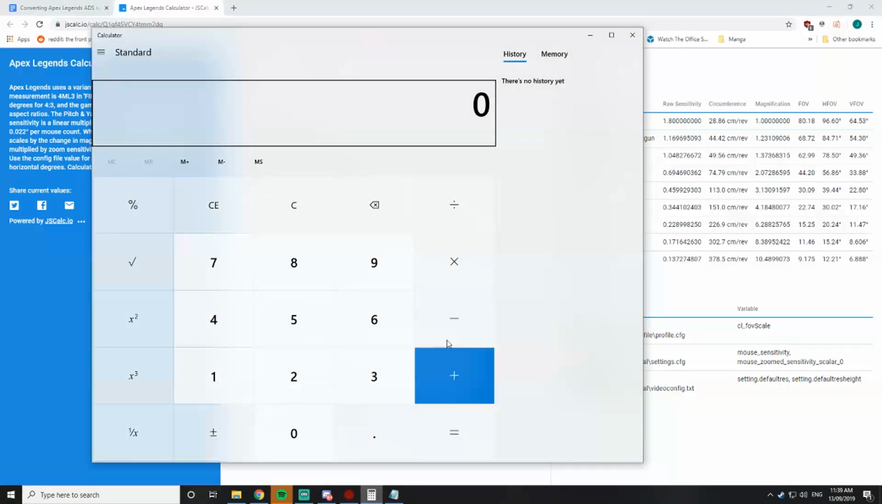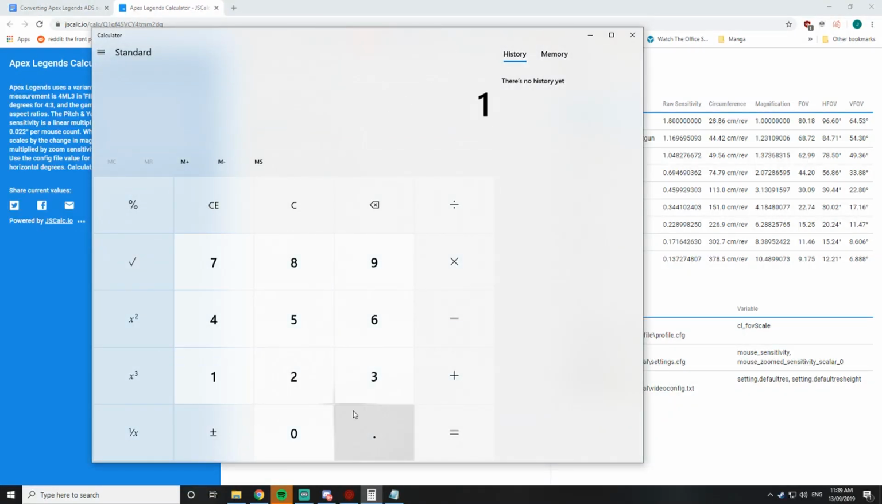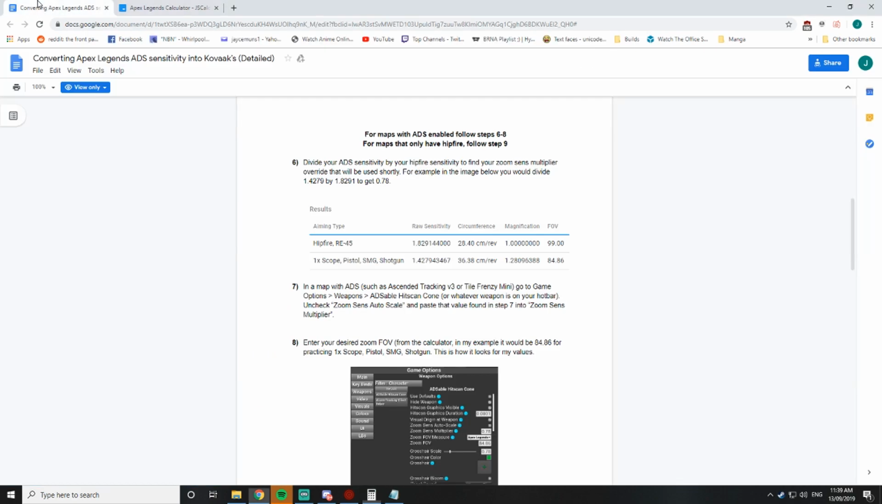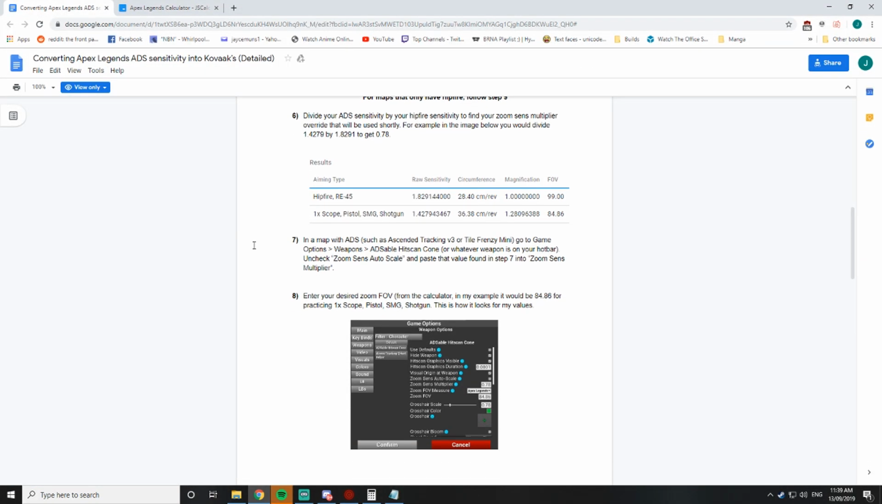So let's open up the calculator real quick. 1.169 divided by 1.8, and we get 0.649. And this is my Zoom Sens multiplier override. Now we have that number, it's going to ask us now to go